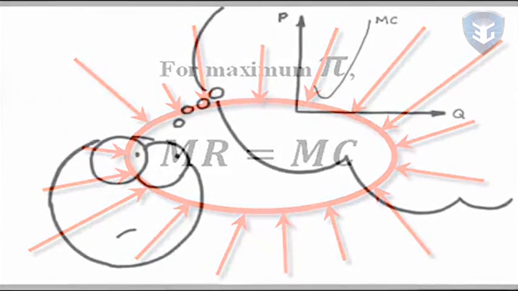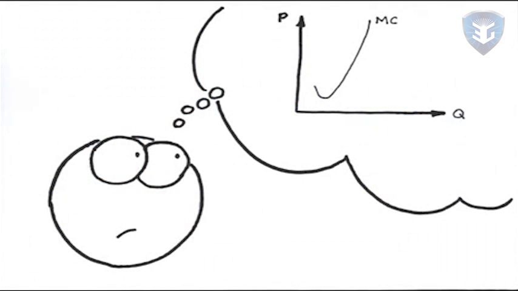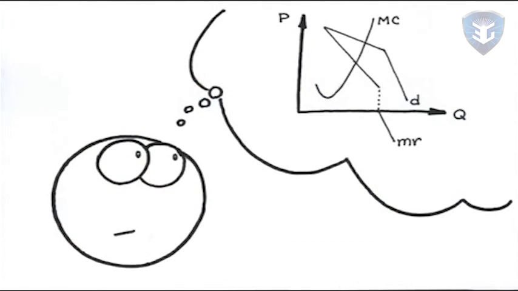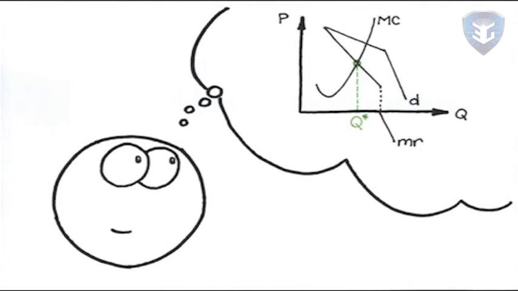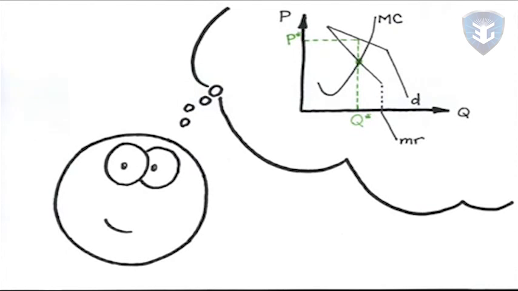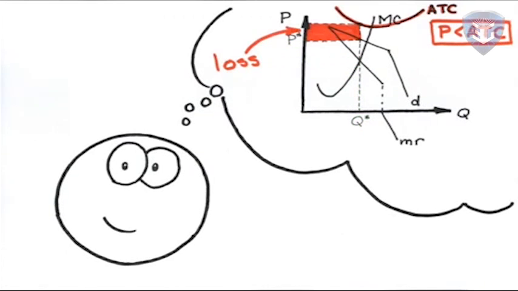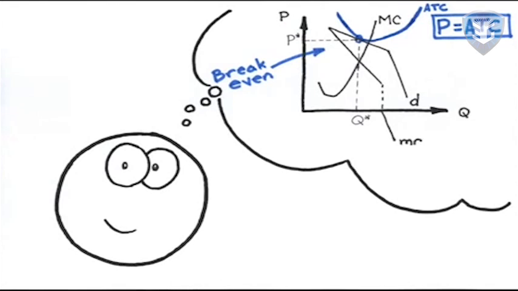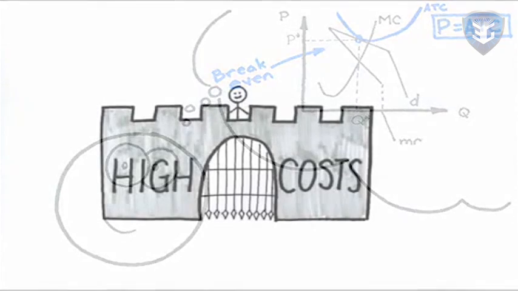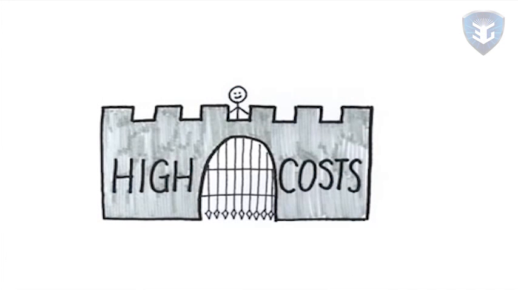Marginal cost looks the same regardless of the market structure, so you just add it to the oligopolistic firm's demand diagram. You can find Q star, the output where marginal revenue equals marginal cost, and then use the demand curve to determine the highest price the firm can get the consumers to pay for those Q star units. From here, the analysis is the same as any other market structure. In the short run, the firm could make money, lose money, or break even depending on the position of the average cost curves. If the firm makes money in the short run, the barriers to entry help to protect these profits even in the long run.